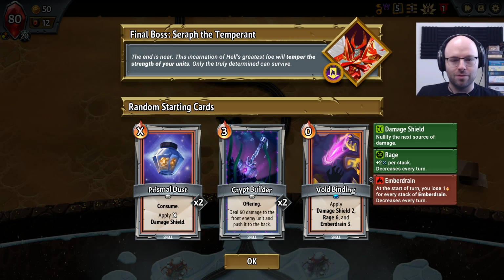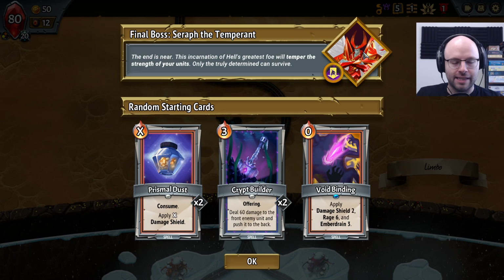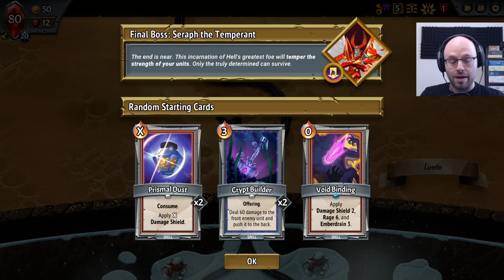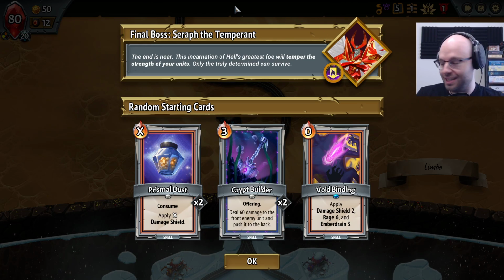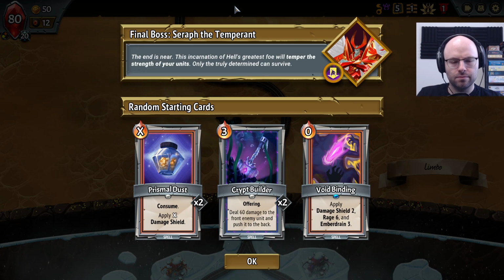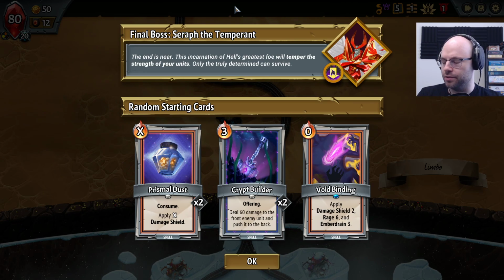All right, let's see what we got here. You are a sap unit. A sap boss. I will say, I think we had a Melting Remnant last time. Our deck was easy mode. Easy mode. What we're trying to do...